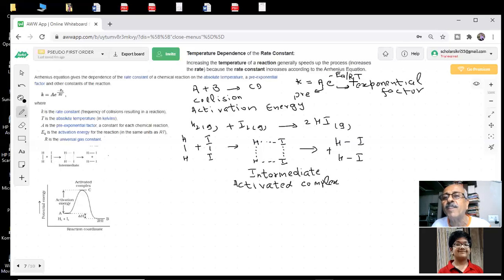Arrhenius gave an equation based on his knowledge of chemistry and a lot of experiments. He came and said that there is an activation energy which is required. After that, we started using activation energy, and we started talking about intermediates in a reaction, the activated complex. An interesting thing in a lot of organic chemistry: now there are machines and instruments available by which we can observe these activated complexes which are formed.